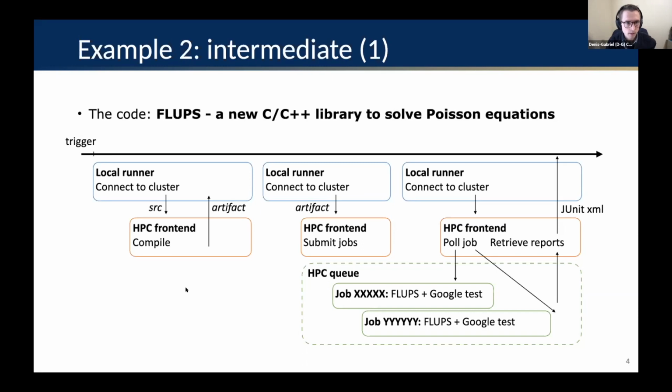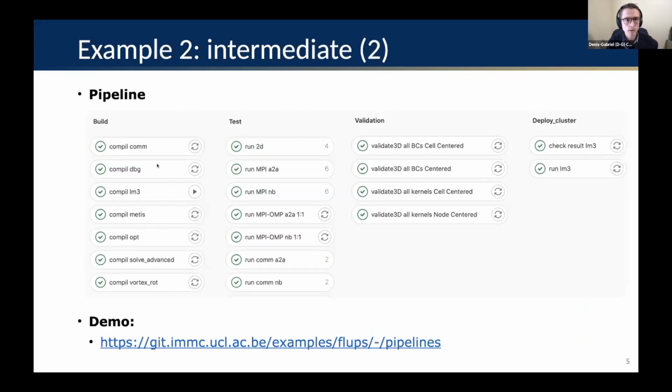So now, if you want to take a look at the entire pipeline that we have for this code, you have something that looks like this. Just in terms of definitions, I'm sure you heard of that earlier today, but we work with stages. In this case, we have 4 stages. The first stage is the build stage, where you have all the jobs that we have here to compile the code with different